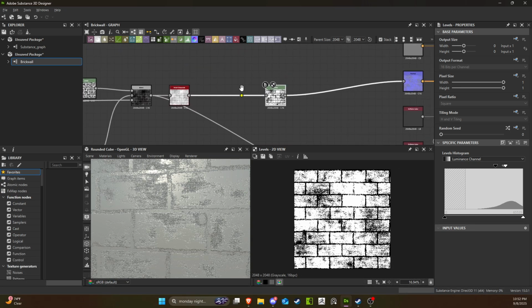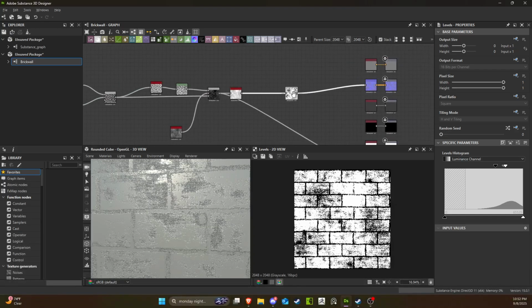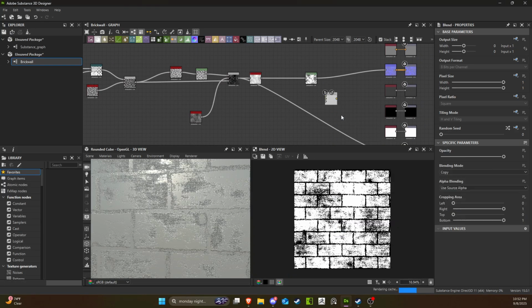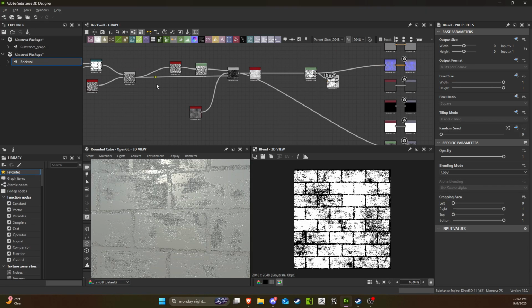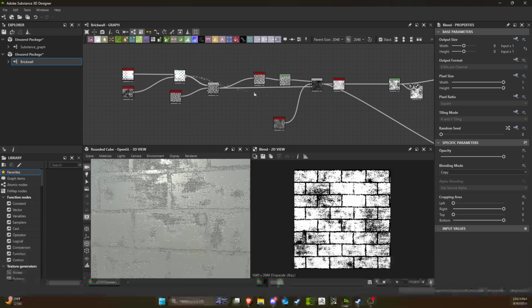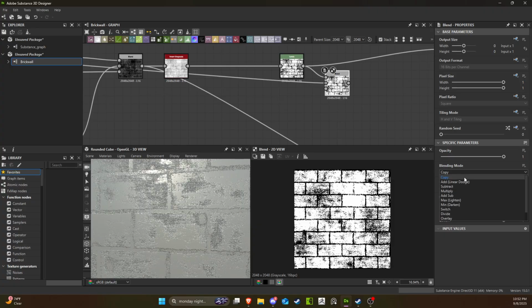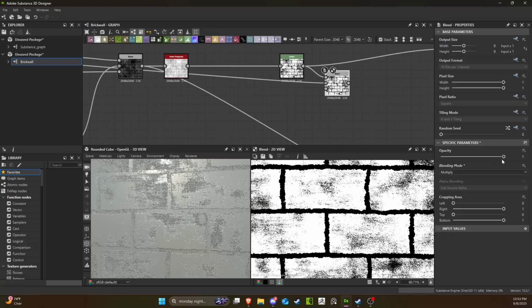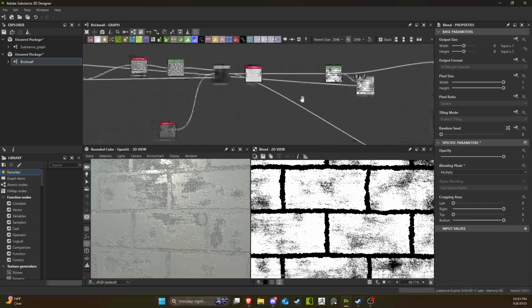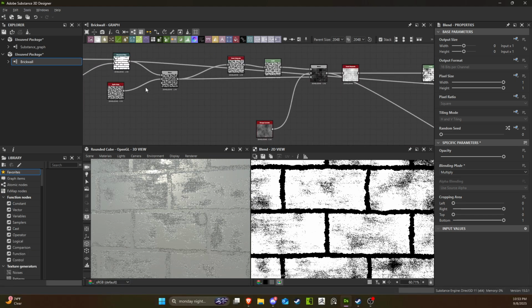I think what I'll do is I want to make these lines a little bit darker. So we'll add another blend, and then we'll have this in the foreground, and maybe we'll have another line. So this one right here, background, and we'll add a multiply so that the lines are darker. Maybe use it as an opacity map instead. Actually,